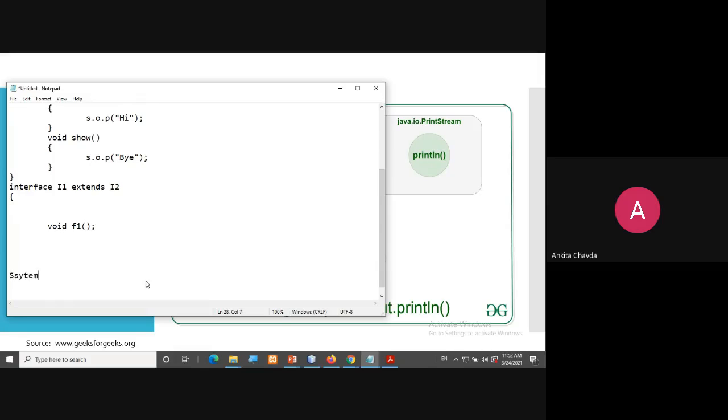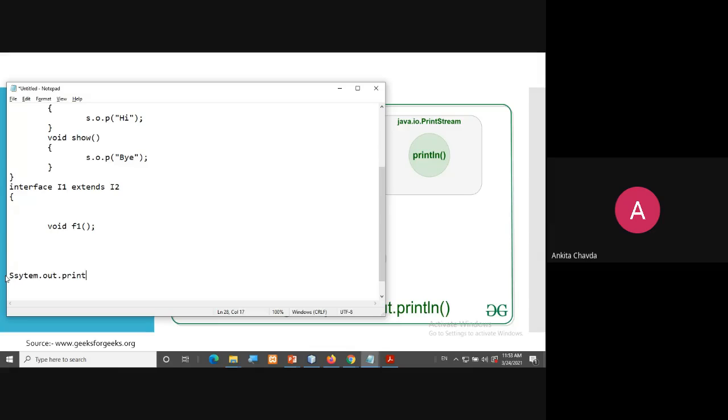System is a class, so you are not writing System out equals new System. You are not writing like this, right? And then using out. No, it is not like this. These are built-in objects, so you can directly use them like this, System dot out, and via the object you call the method println.